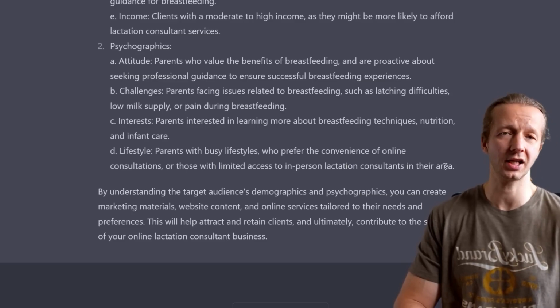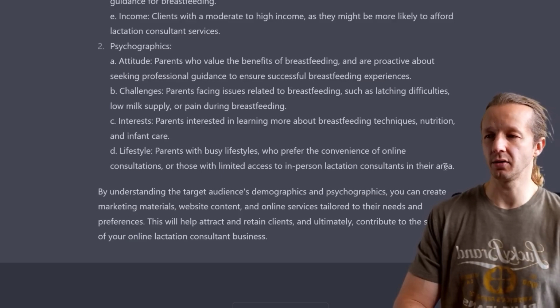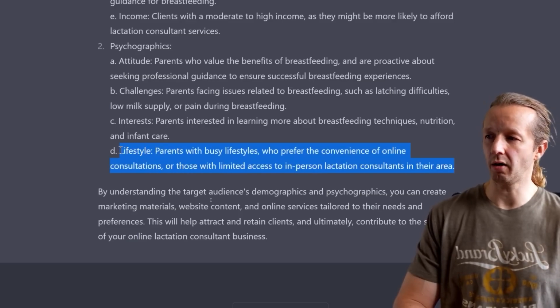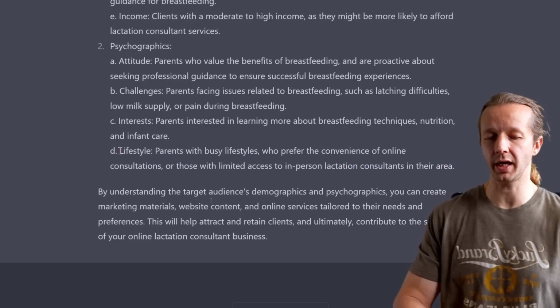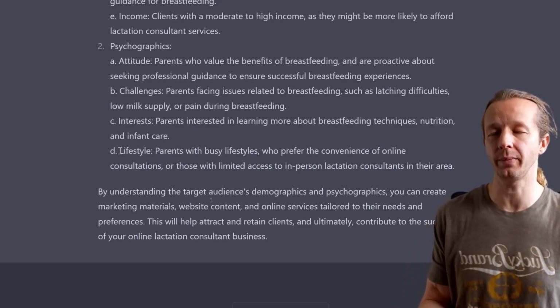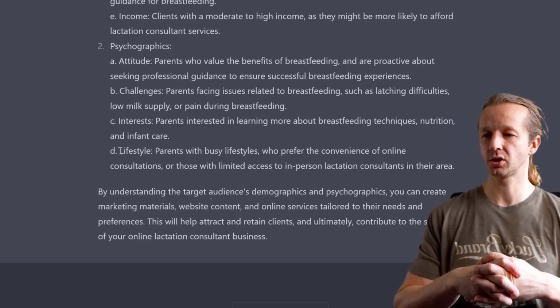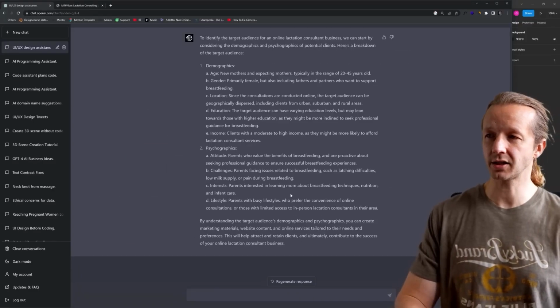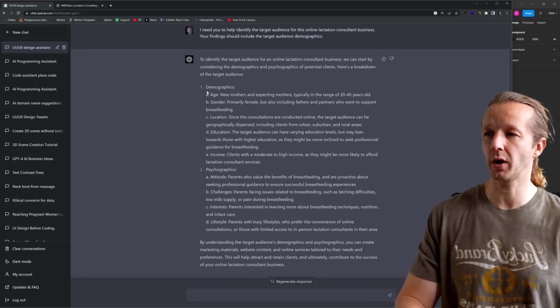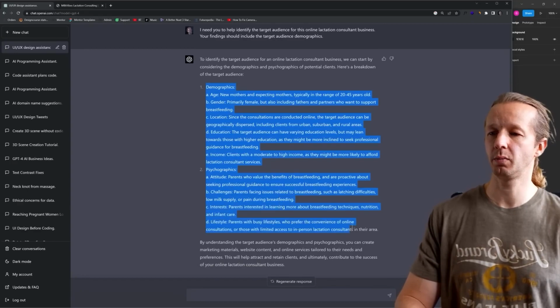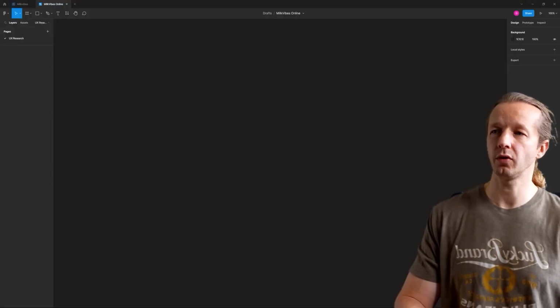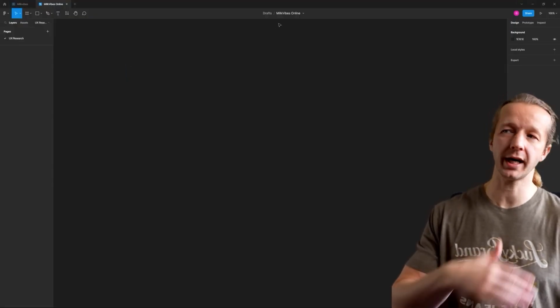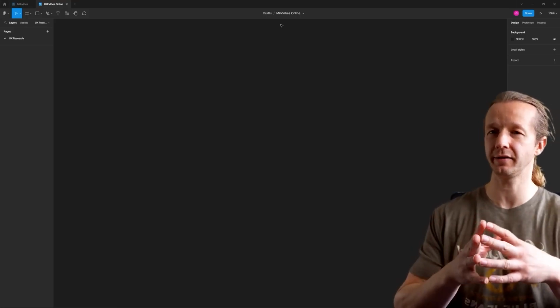So there's not a lot of lactation consultants in the United States, and so this is definitely one of the points that we would like to address and speak to in the ad copy on the website. So that's great information. And so what I would do is I would take both of these and switch over to this brand new, 100% clean, there's nothing in it,